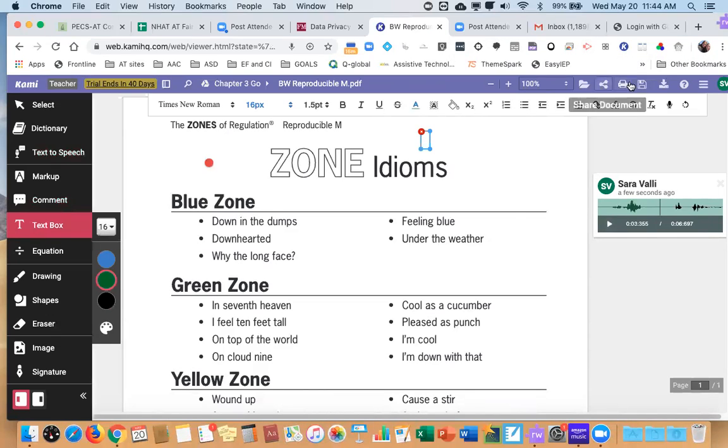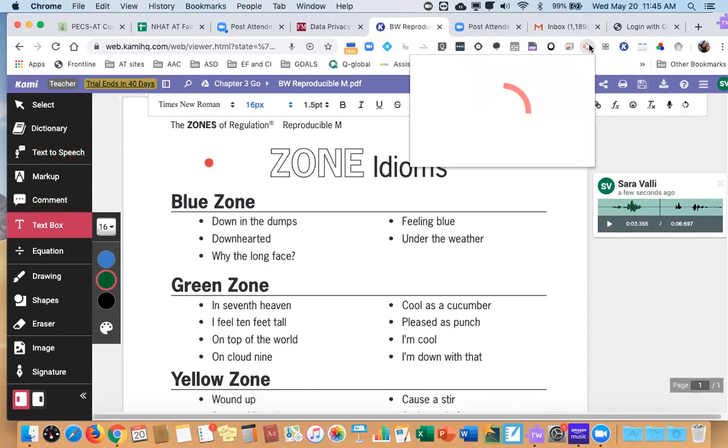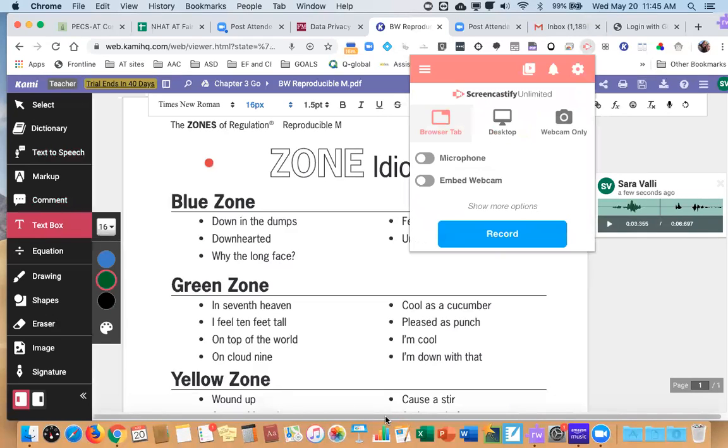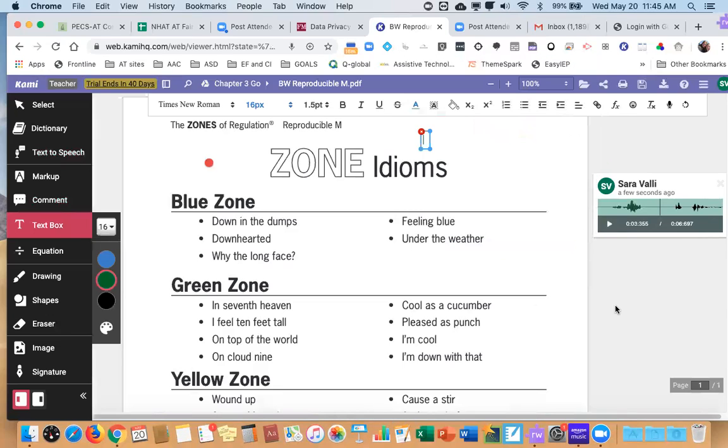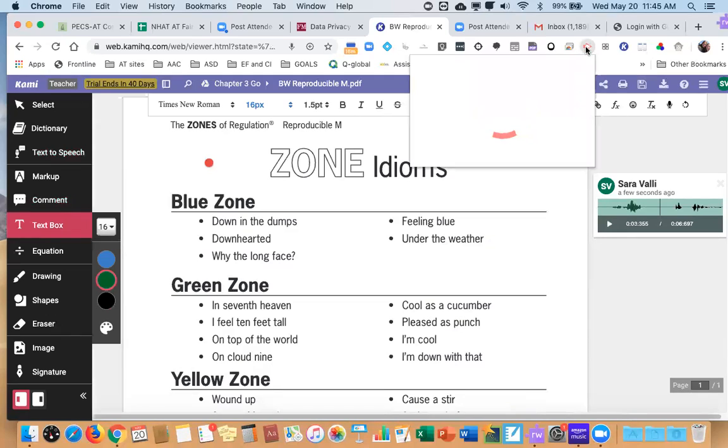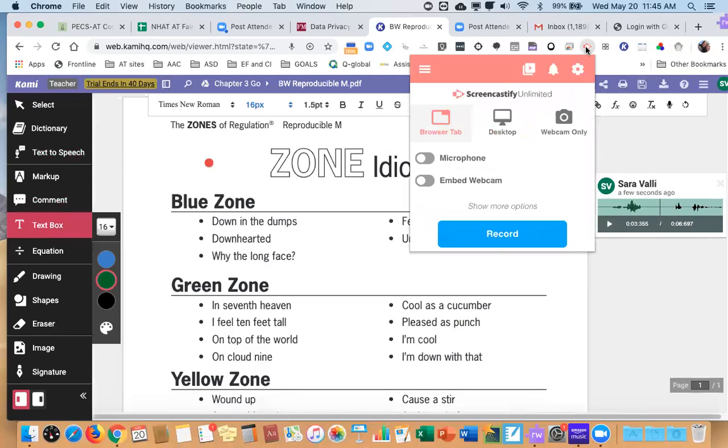And Screencastify is a very cool tool. I'm going to just open it up here. And what this does is it allows you to record your screen. So I have used this because one of the things that I have experienced is that